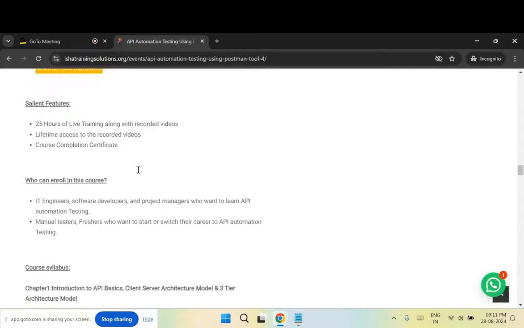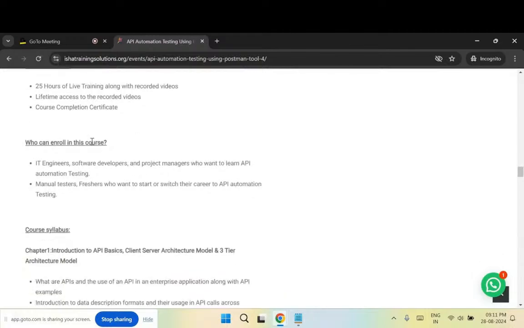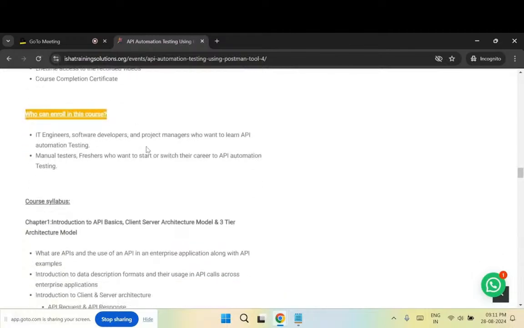And who can enroll in this course, right? Ideally speaking, all those people who come from a testing background or who have some little idea about the software testing process can definitely enroll in this course. There is no prerequisite that you should learn JavaScript and join the course, or you should come prepared with Selenium, or you should come prepared with Java. No such prerequisites are there. The only basic prerequisite is if you understand the regular manual testing subject to some extent, that should be more than sufficient to enroll in this course.